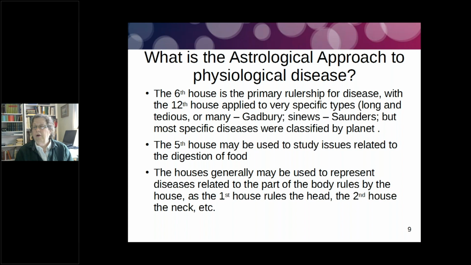Saunders talked about sinews, okay, which you can kind of get as a Saturn, possibly Jupiter effect, but most diseases were classified by planet. In addition to that, the fifth house could be used to study any of the issues related to what we would generally call the digestion